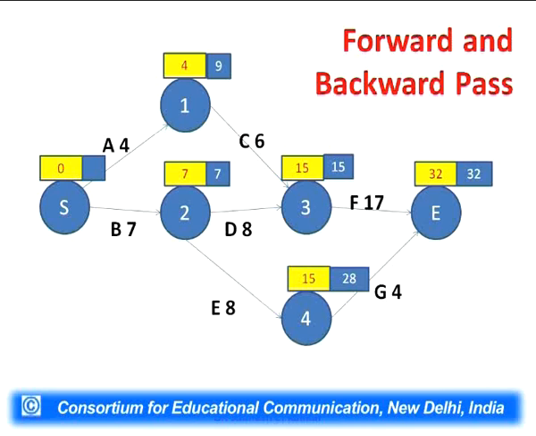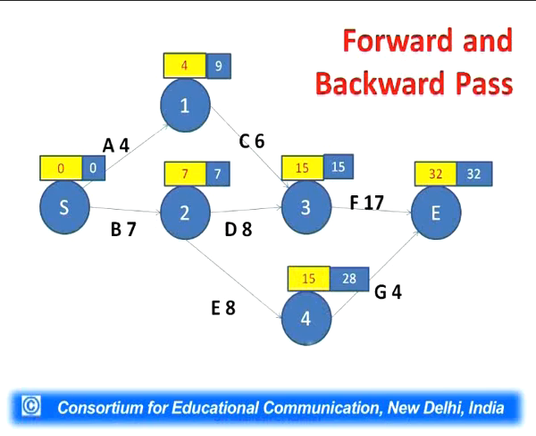Now we can come to the start point via activity A, and we can also come via activity B. If we come via activity B, the time will be 0. If we come via activity A, the time will be 5. Out of these two, we have to write the minimum value. 0 is the minimum value. We will write the 0 in the node which is named as S. So 0 has been written. And these blue figures are called late start times. So yellow ones are called early start times, blue ones are called late start times.